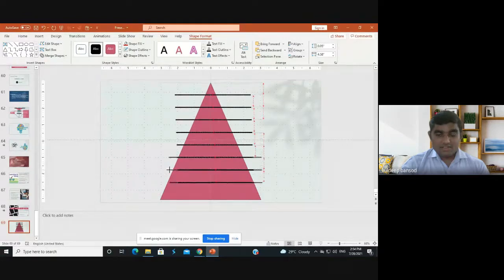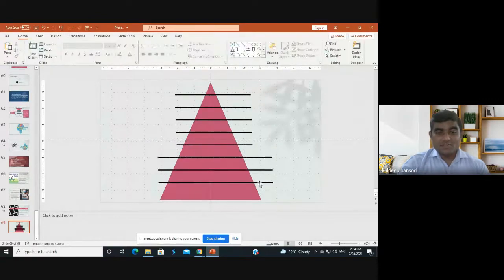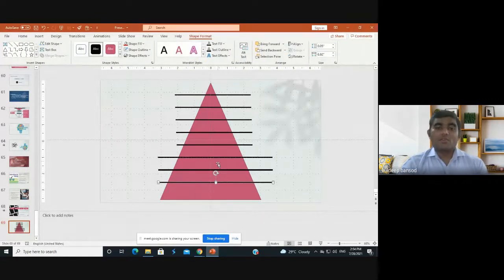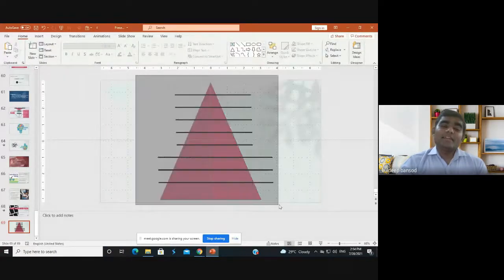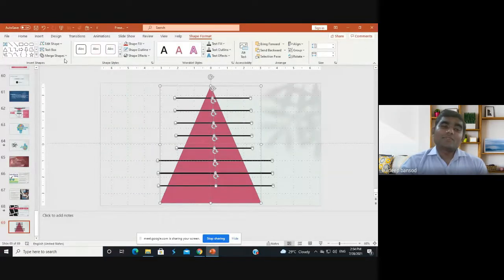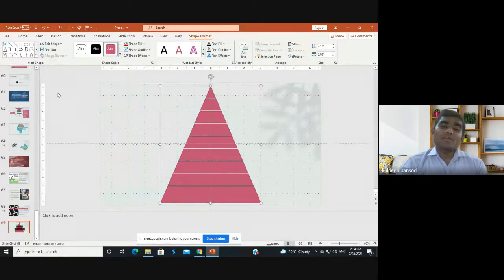Are you looking, sir? You watch this. So in this way, I have broken this up, then select all of that, go into Shape Format, Merge Shapes, and there is the option Subtract. Now everything gets subtracted. Now this is developed for one particular area.